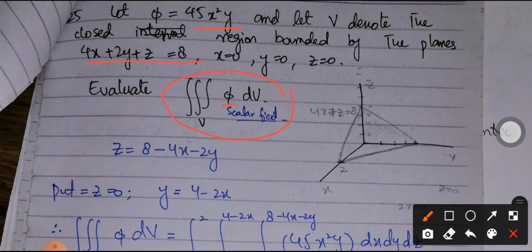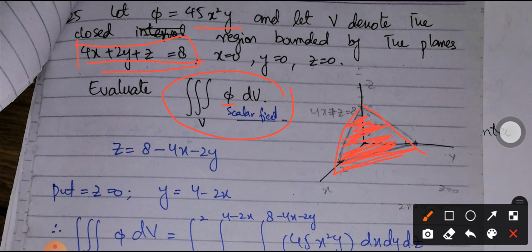At first we are going to draw the figure, and to draw the closed region mentioned here, we are going to use the equation 4x plus 2y plus z is equal to 8. At first put x is equal to 0 so that you have an equation in the yz plane, and here is the line for the yz plane. We draw the figure as by the previous method we discussed in the surface integrals. So here is the plane we are going to talk about, and this is the volume part that we are going to integrate over.